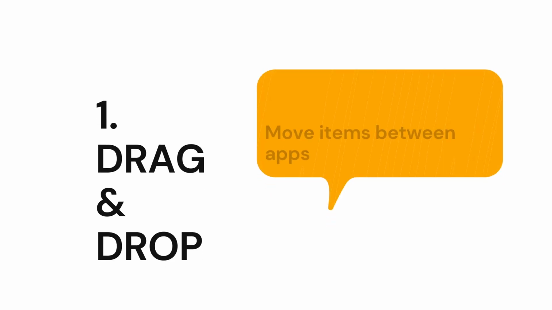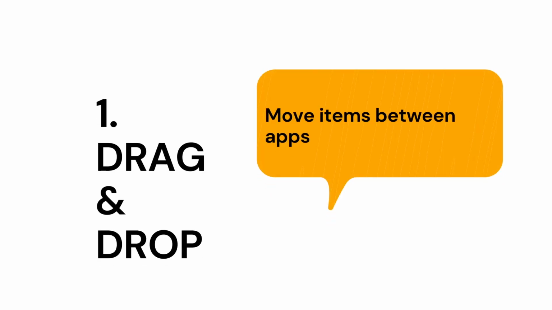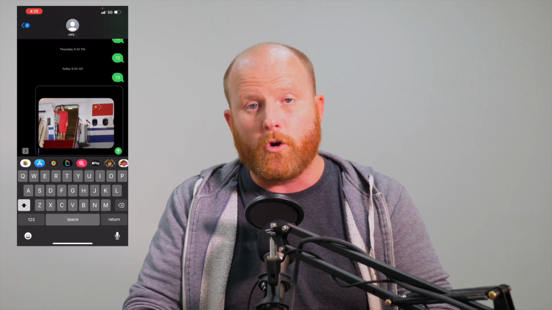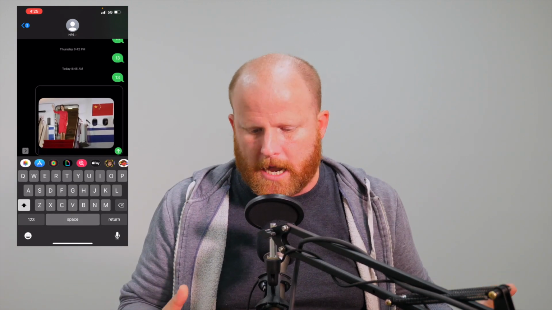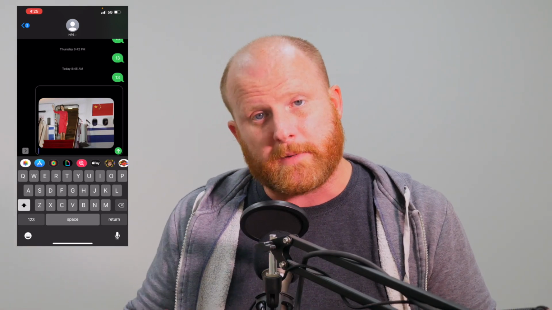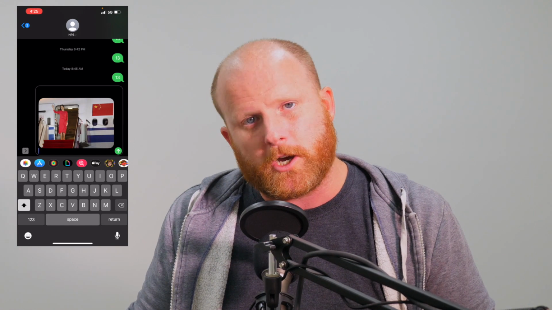You can now drag and drop items between different applications. So I'm looking at a website right now, and if I simply press and hold my finger over an item like a photo or a link, it gives me all sorts of different selections that I can perform with that item. And now, if I actually press and hold and then just quickly begin to drag my finger, you'll see it looks like this photo's coming with me. I swipe up, I go to a different app, and I simply let go, let's say over Messages here, let go of my finger over this message, and that photo has been copied into this message, which happens to be my garage, where I text them my car number every time I need to get my car from the garage.